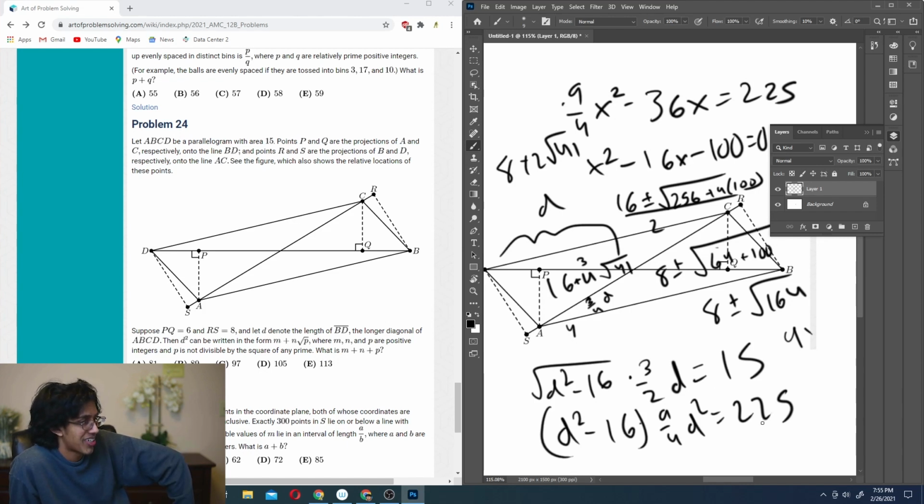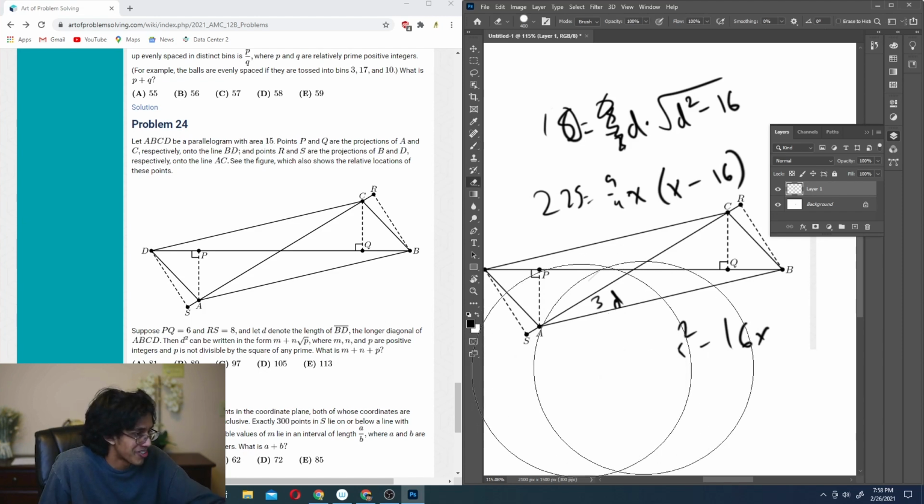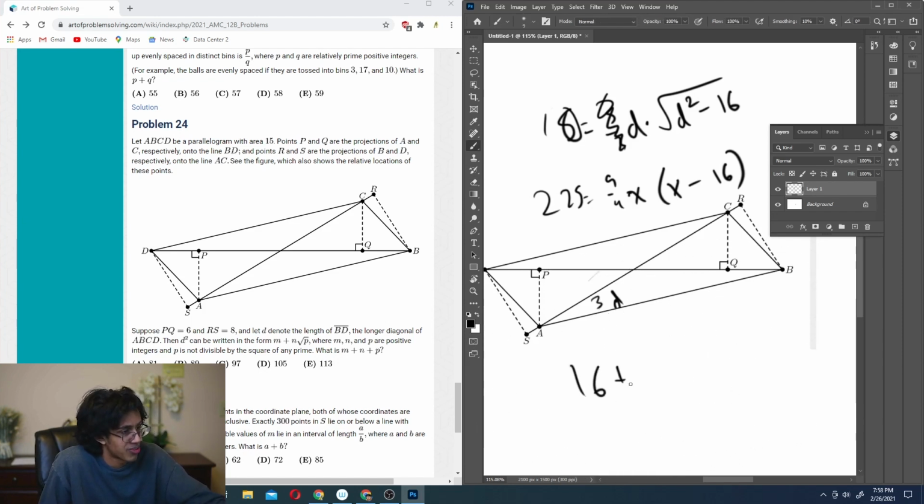Okay, so we divide by 9, that gives you 25 times 4. Okay, that's right. Divide by 4 times 9. Well, okay, you got 16, that's right. And then, oh, you had to multiply by 4. Oh, that makes so much more sense. Okay, so we had 16 plus, yeah, because it's d squared. Oh my god, that makes so much more sense.